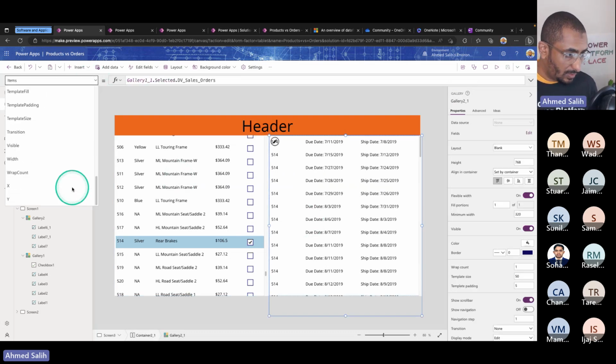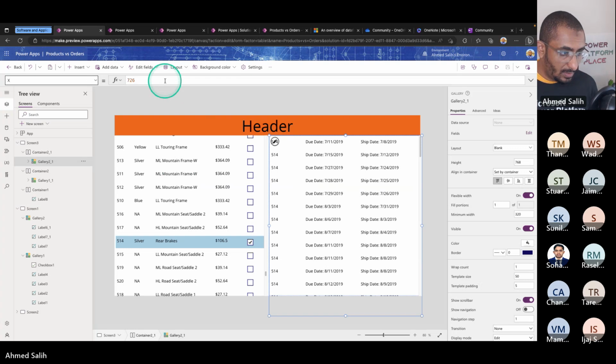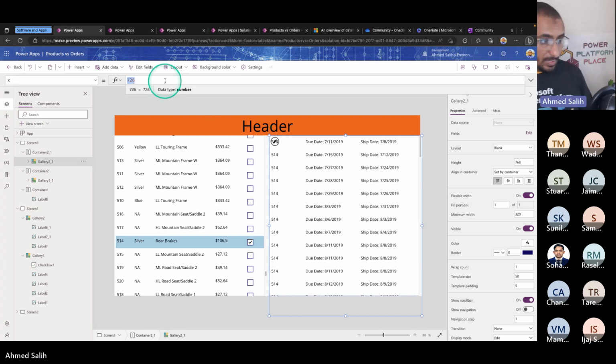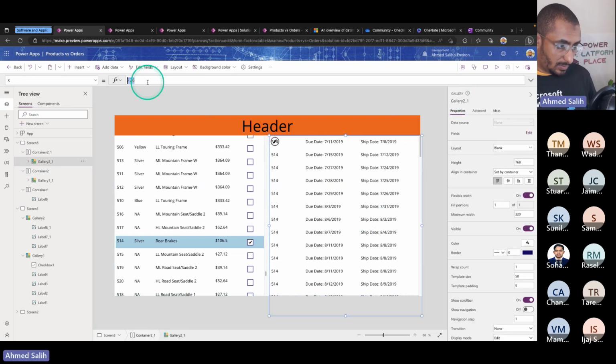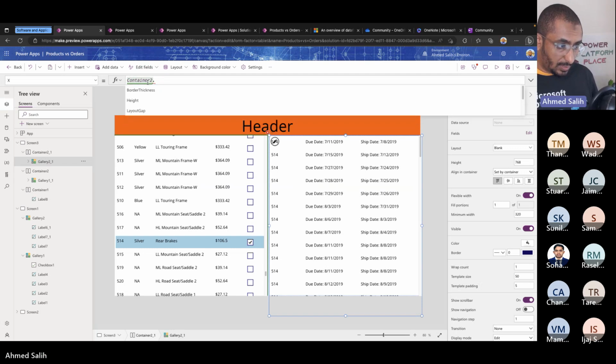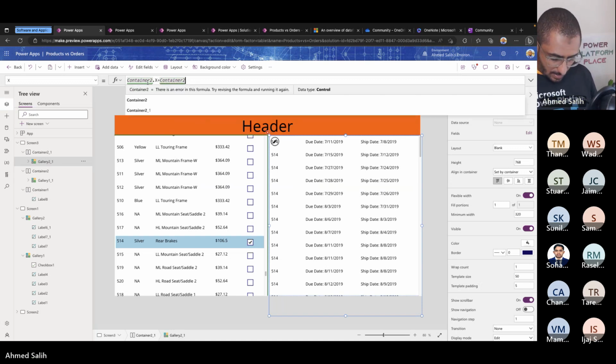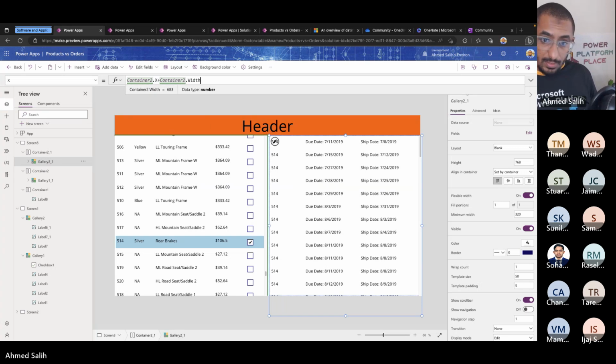So the X of this. Okay, it's gonna be, what is this container name? So the X of this dot X plus width. Yeah,